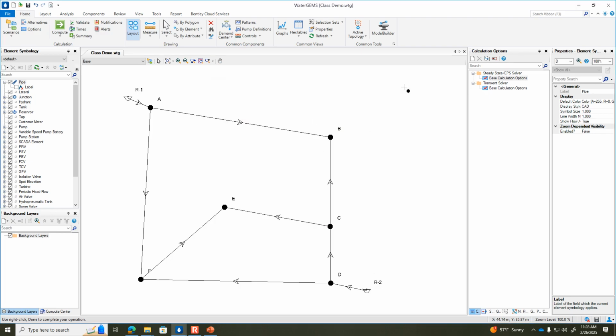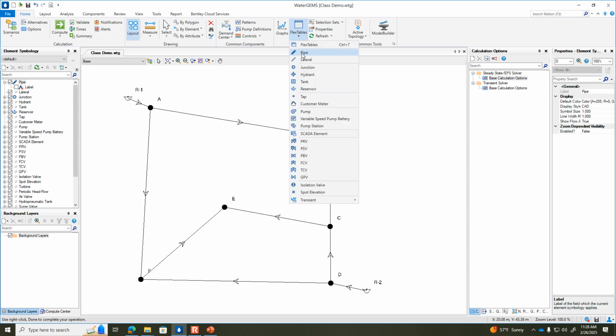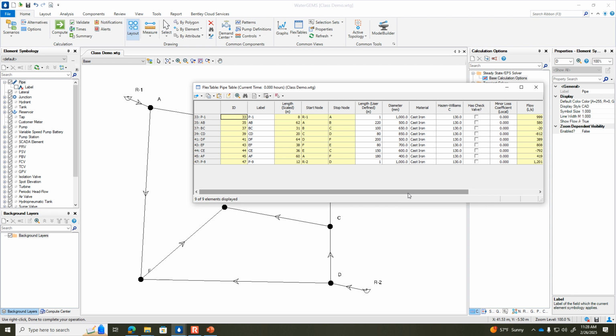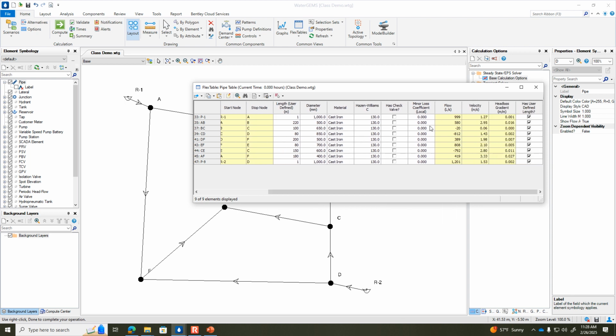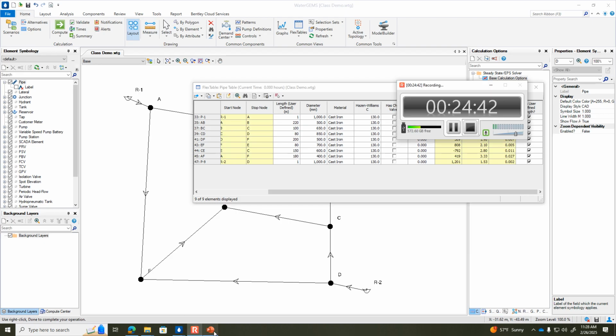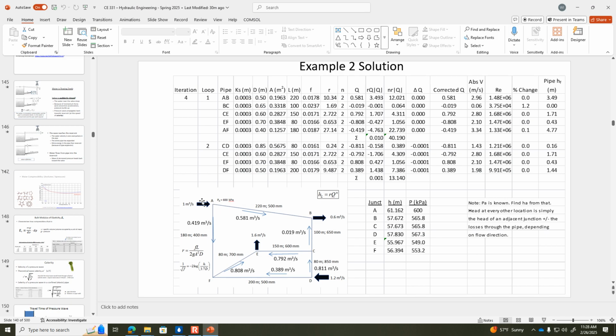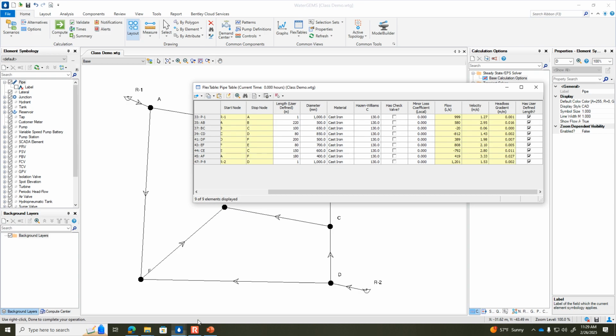So what are the flow rates? How do we see that? You can see it through the flex tables. If you go into the pipe tables, then it will tell you the flow through each pipe. So for example, it says AB has a flow of 580. Well, what do we know about that from the example that we worked last time? AB was 0.581 cubic meters per second. That's pretty good. I'm happy with that. So like AF 419. Let's see what it says about AF. Pipe AF